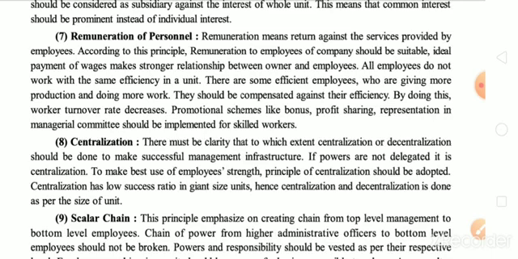It means they are not able to leave the job for any of the reasons, and it will be for the benefit of the organization itself. Next, promotional schemes like bonus, profit sharing, and representation in the managerial committee should be implemented for skilled workers. Now, Henry Fayol is in favor that along with higher remuneration, we should provide some other promotional schemes like